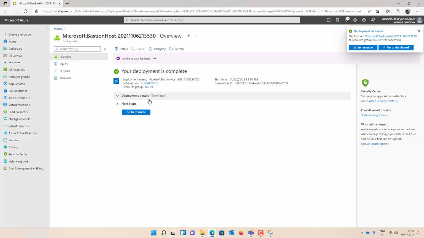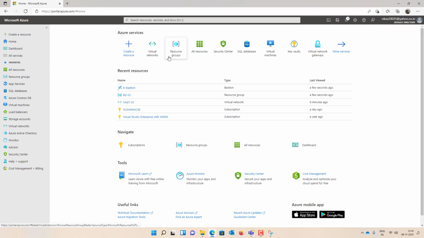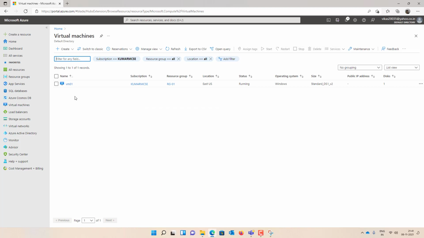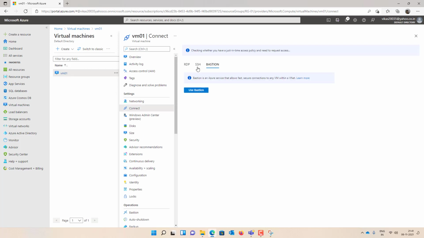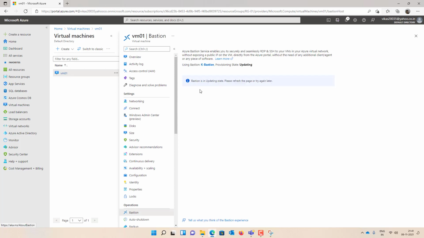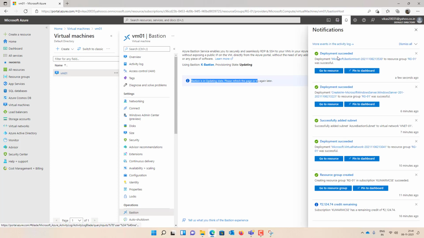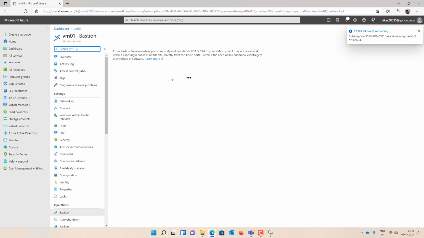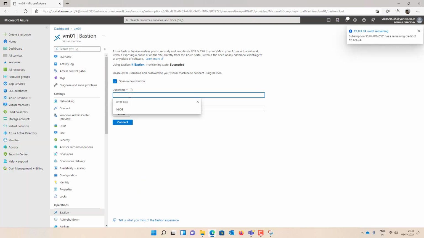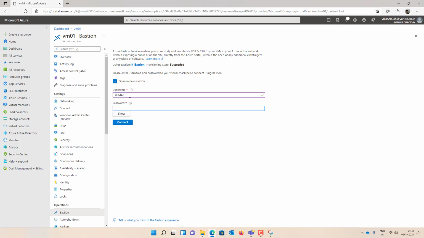Now deployment is completed. So I'll go back to my virtual machine and click on the virtual machine, connect. There is one option visible called Bastion. So I'm trying to connect this VM through the Bastion service. So Bastion is in updating state, although the deployment is completed. So I'll refresh my portal. So now I can see my username and password.